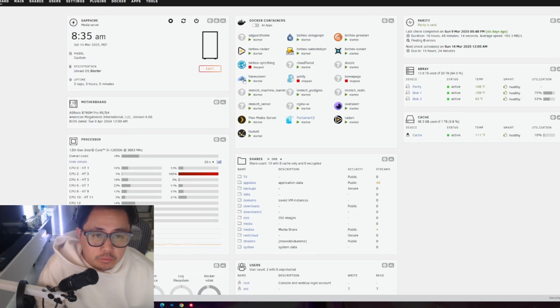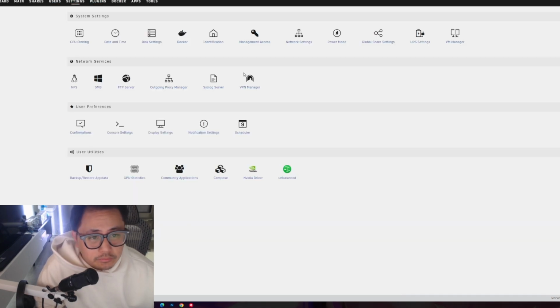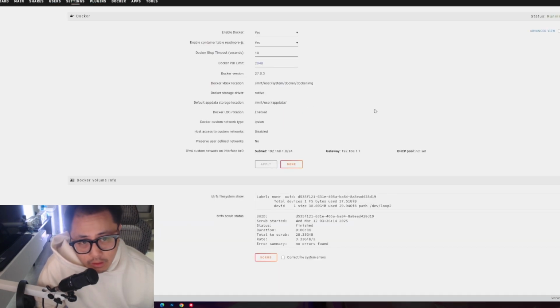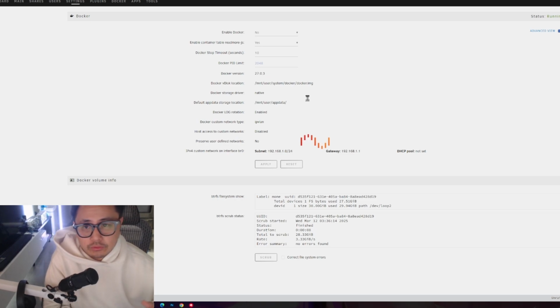First and foremost, you go into your Unraid UI. You go into Settings and select Docker. From here, you're going to turn it off, so you say no, then apply. The reason we're turning it off is that we have to shut it down, and so we have to